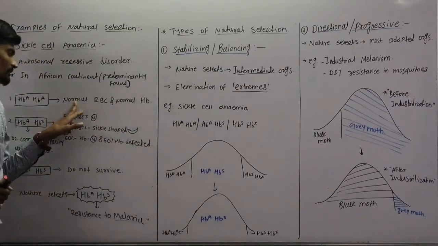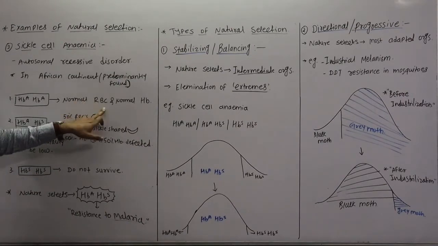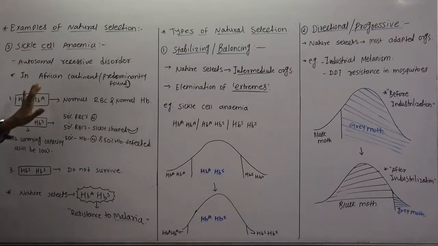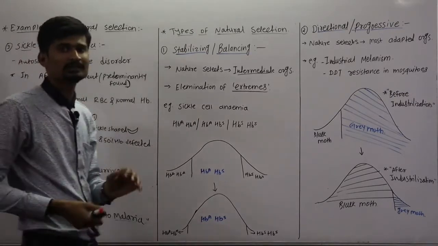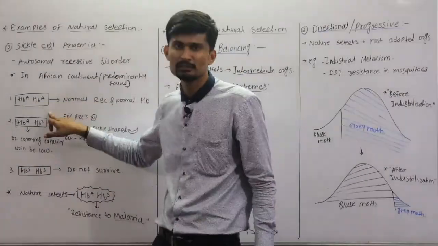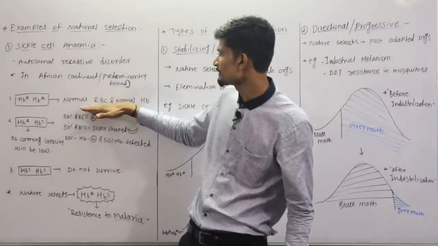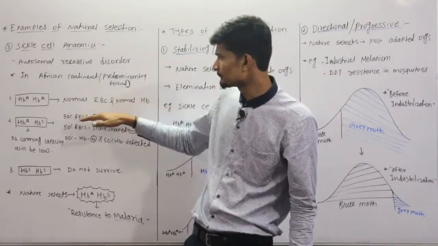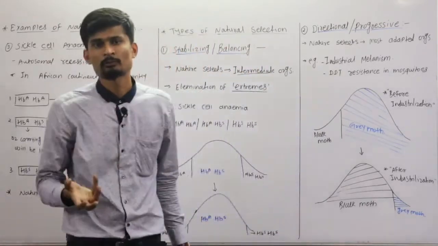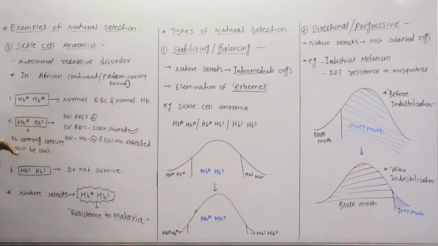So the shape of the RBC will be normal, and there is normal hemoglobin if the genotype is HbA HbA. Biologically, this is an ideal condition. We want this condition, because there is normal RBC and normal hemoglobin. If the RBC and hemoglobin are normal, then the transport of oxygen will be normal. The second genotype is